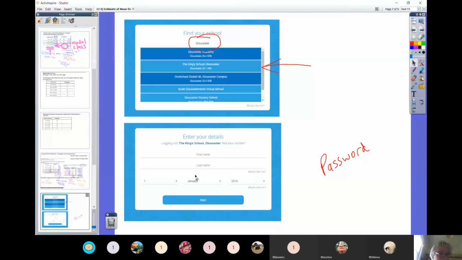If you've forgotten your password, not to worry, just message me and I will reset your password. I can do that in seconds. I'm expecting that to be the case with quite a few of you because we haven't done Hegarty for a little while. So when this recording is over and you go off to do the work, if you can't log in, no big deal, just say, please can you reset my password, and I will do that straight away. I will be keeping an eye out for that because I'm anticipating that happening to quite a few of you.